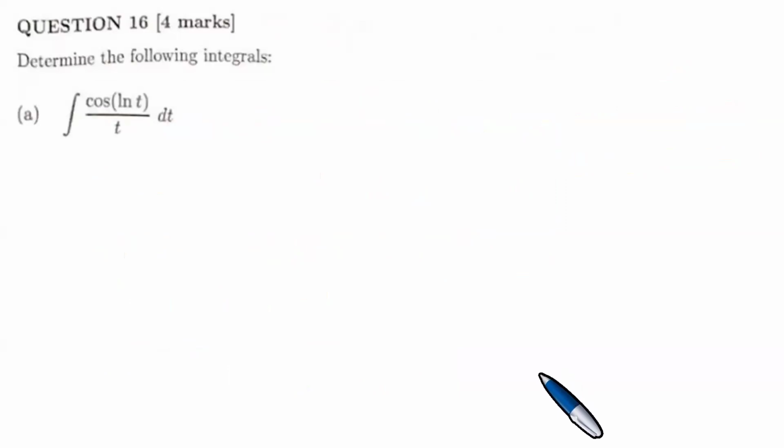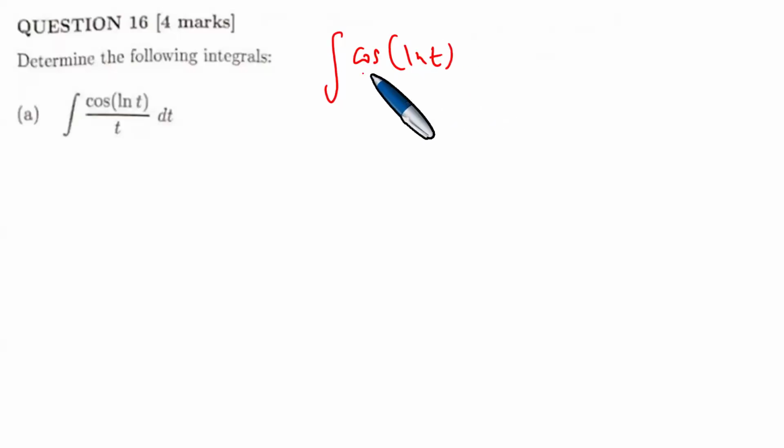Next, we need to determine this integral here. The integral of cosine of ln t out of t dt. And we want to determine the following integral. So to determine this integral, you need to